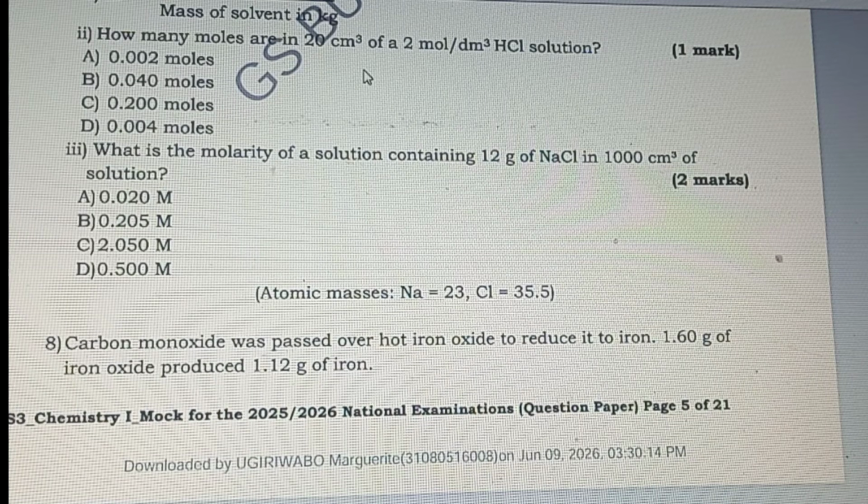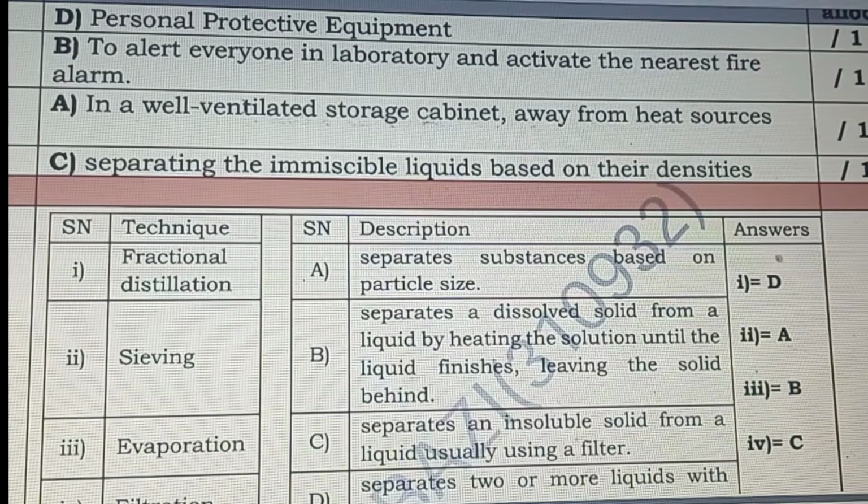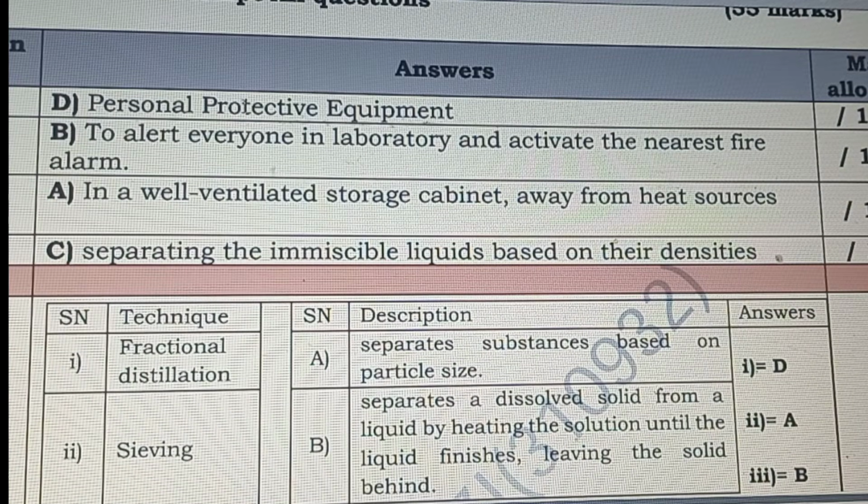1,000 centimeter cube is equal to 1 decimeter cube. And then using your calculation, with the formula number of moles is equal to concentration times volume, you can get 0.04. As you see in it there, this is the marking guide